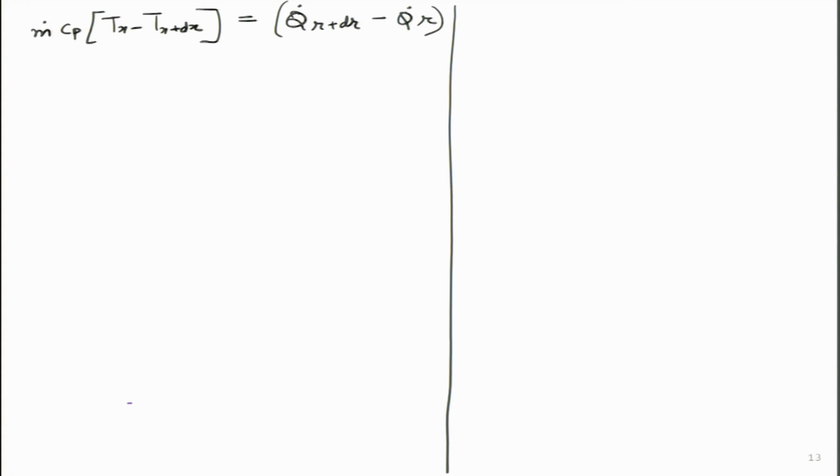Now, let me go ahead and do some mathematical jugglery. I will multiply on the left hand side by dx and also divide by dx. This is something I can do, right. Numerator denominator I can multiply by the same numbers over here. So, this I multiply by dr over here and over here. Now, what does this term become, which I am highlighting in orange over here? This is differential of temperature as a function of distance. This is dT dx, and over here we have dq dr.